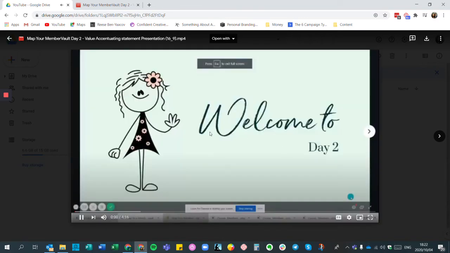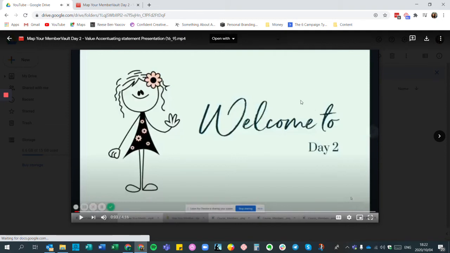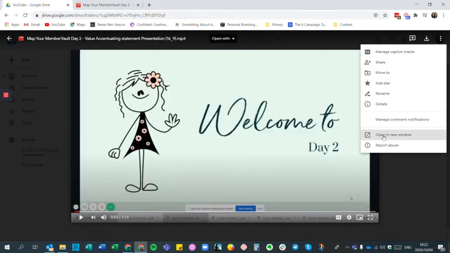and then I just want to pause it quickly. Okay, and then navigate to these three little dots over here and click open in new window. That will open it in a new window,